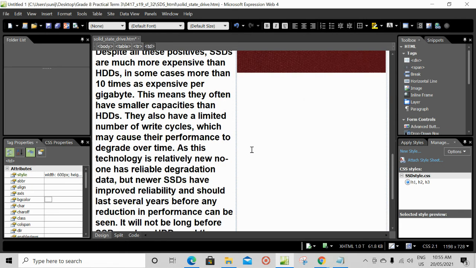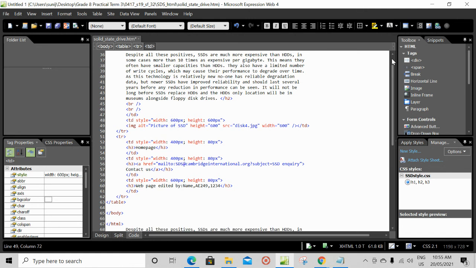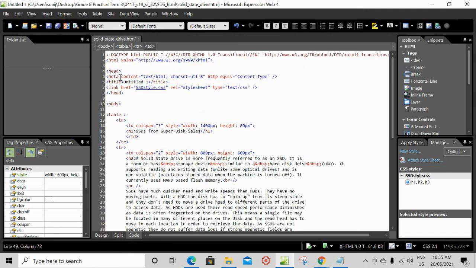Now the style sheet has got attached to it. Let's see the code. In the code you can see in the head section, this is the code where the style sheet has got attached: link href equals the file name and rel equals stylesheet, type text slash css. So this is the code. So just to confirm whether you have attached your style sheet, you can check here. So that is also done.